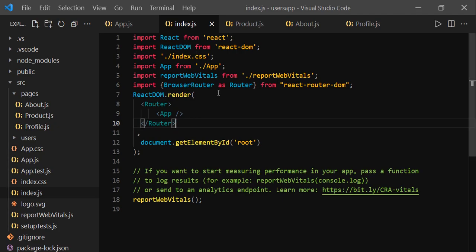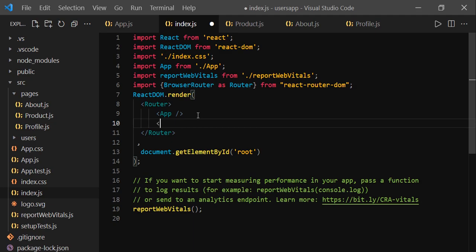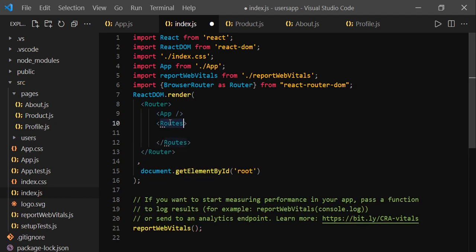Let's go to index.js. To implement the routing, we need to use the Routes component, and let's import this from react-router-dom. Inside Routes, we need to define a Route for each component, and here again we need to import Route from react-router-dom. For the Route, we need to provide the path and the component we would like to render whenever the user goes to that path.